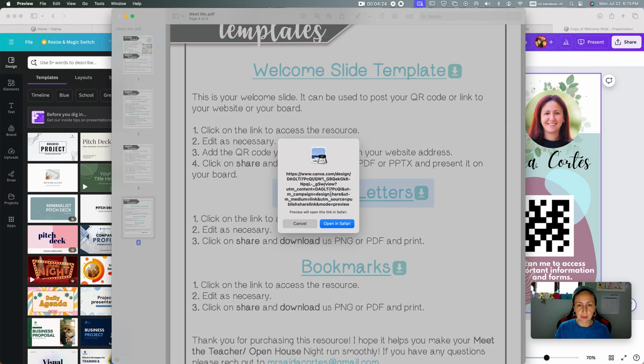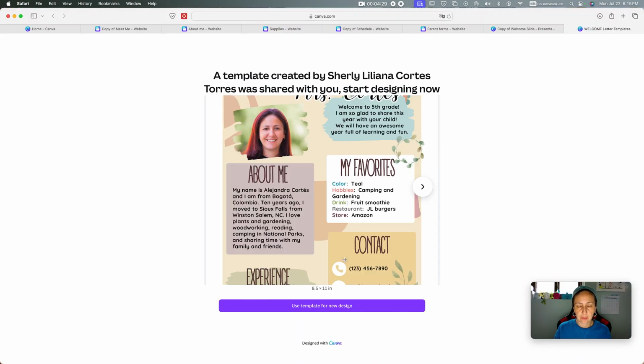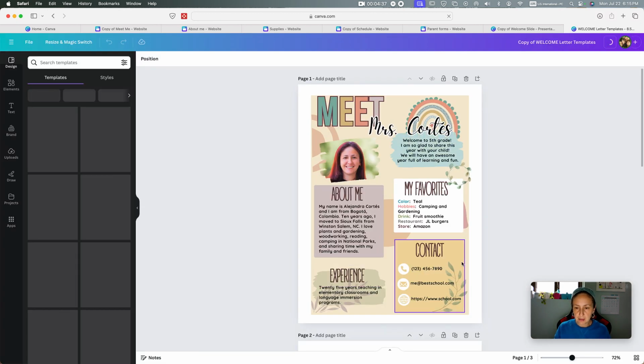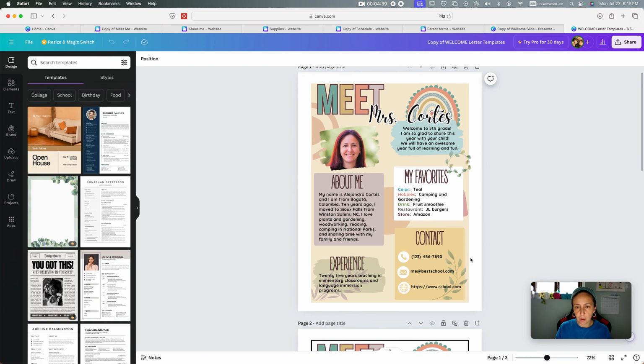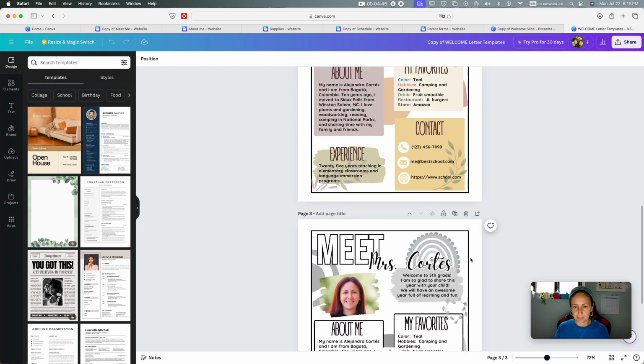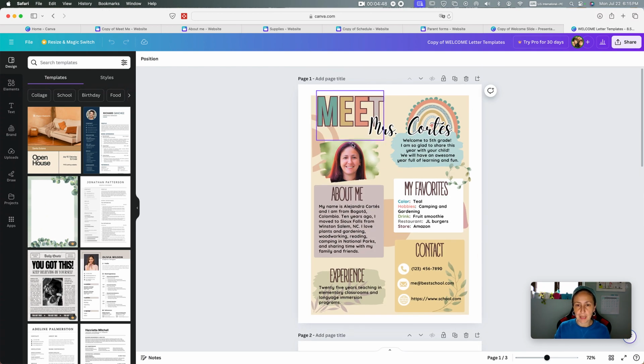Then we have the welcome letters. I keep print copies of these letters so parents, families can take home and get to know me a little bit better once they're home. You can edit, change colors, fonts, anything you want,